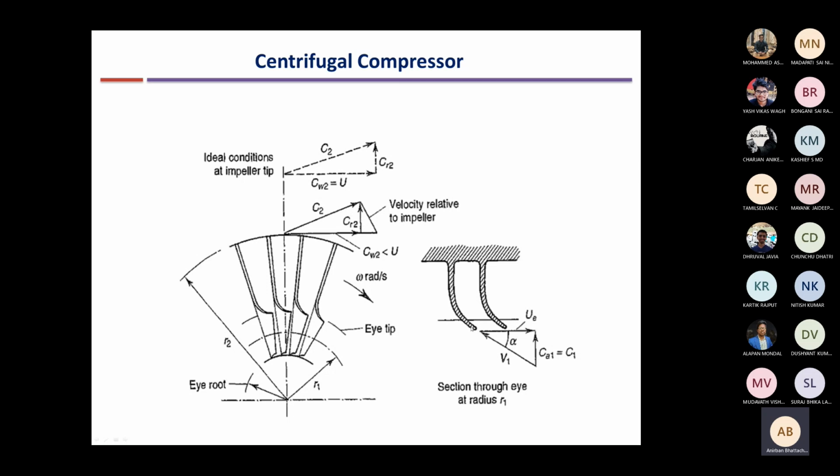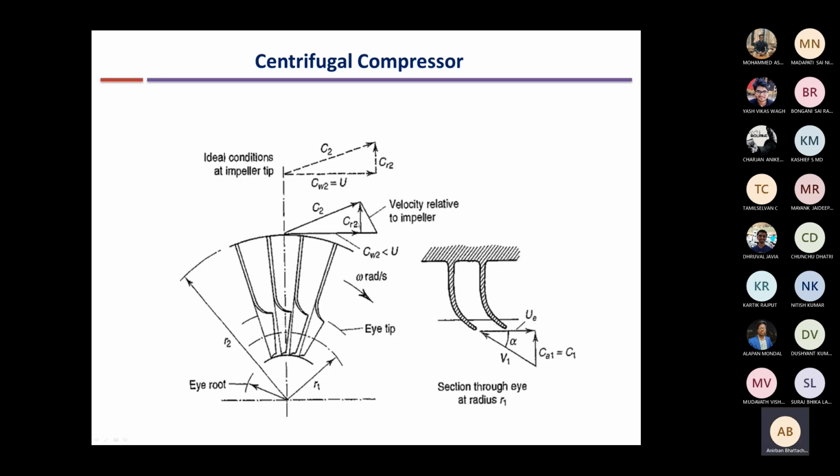We'll call the absolute velocities C1 and C2, the relative velocities V1 and V2, and the blade velocities U1 and U2. So C1 will be along the direction shown as CR. C2 will be along the direction shown as CR2, if the blades are perpendicular to the circumference. Sorry, not C2, V2. I am confused.